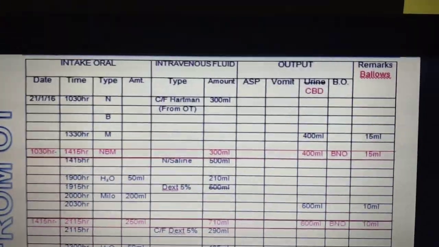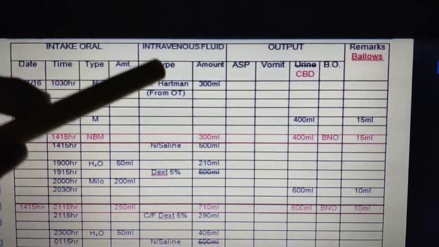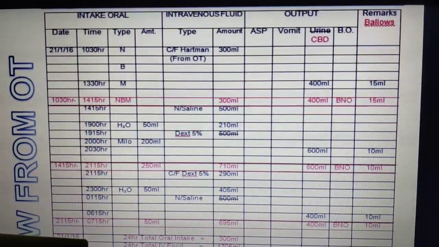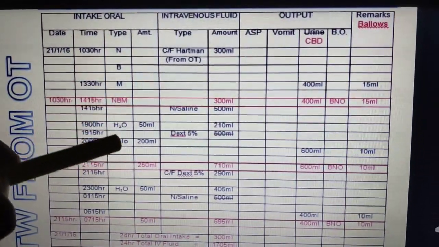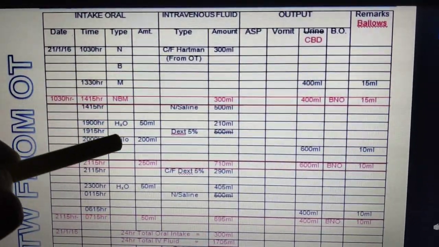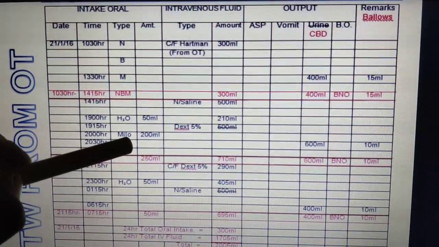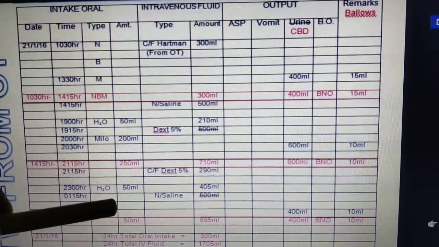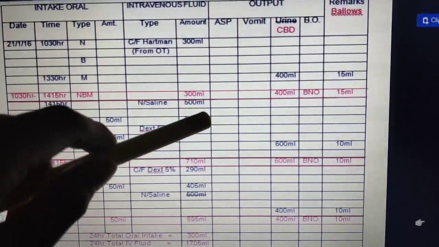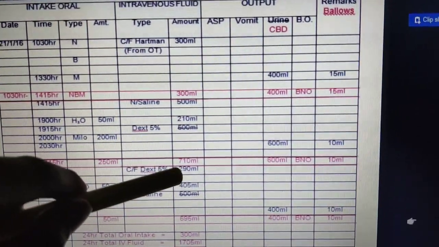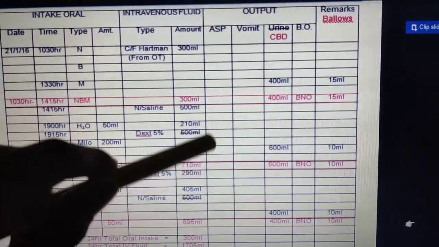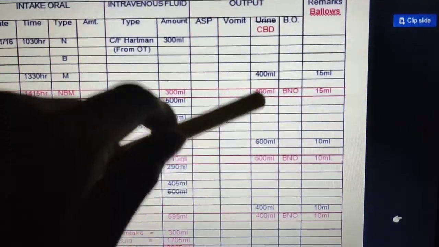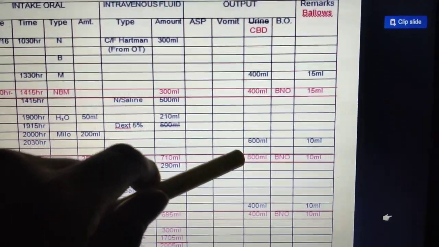Okay. So go to the chart there. The same thing only. What fluids were given and at what time, we have to maintain properly, and also what types we have to write here. Nil by mouth, water, any juice, any water we have to record here, and what IV fluids we have to write here. Clear? Together they have to be calculated. This is what we intake, and here is the urine the patient passed. That we call output.